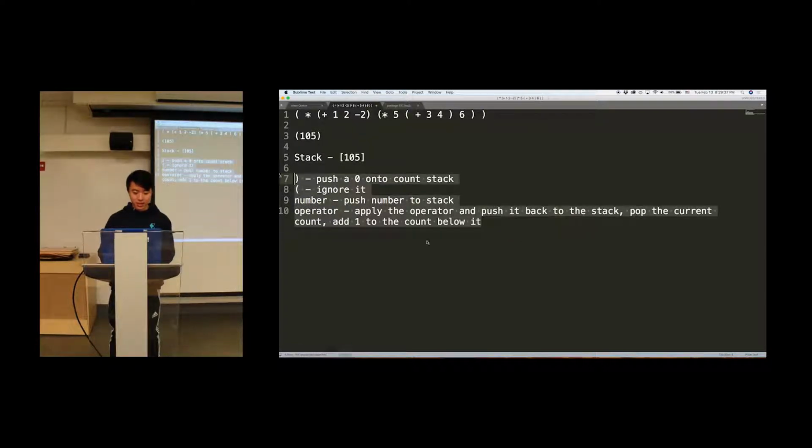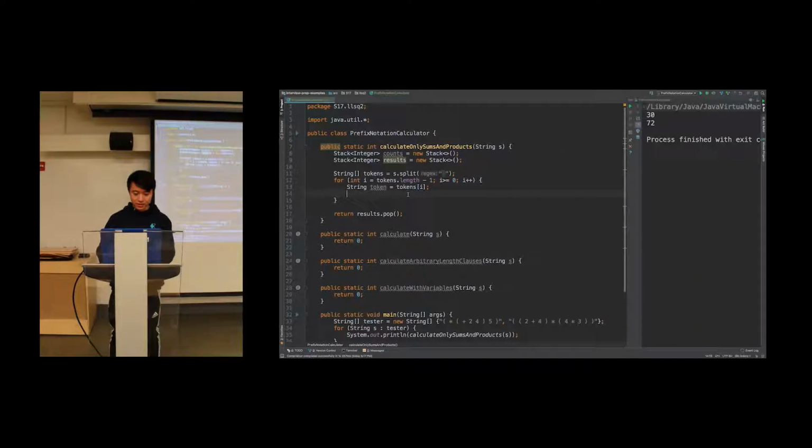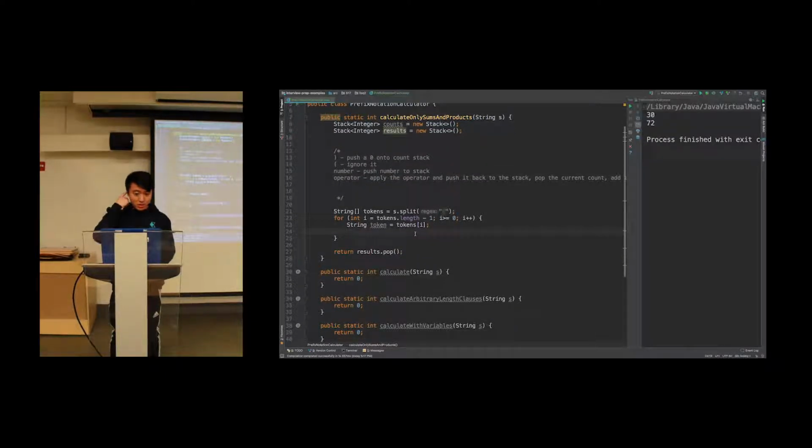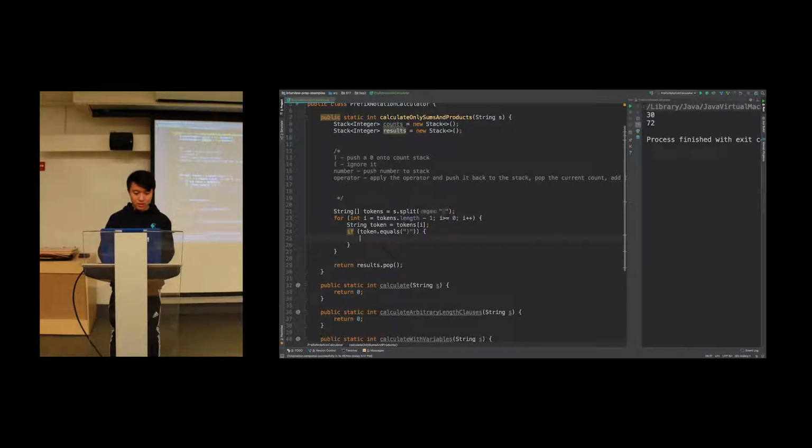Okay, cool. So let's copy this over and see. Let's put this here and just try to use this as our guide for the next several minutes. Okay, so then we'd say if token.equals this, then counts.push 0. Else if